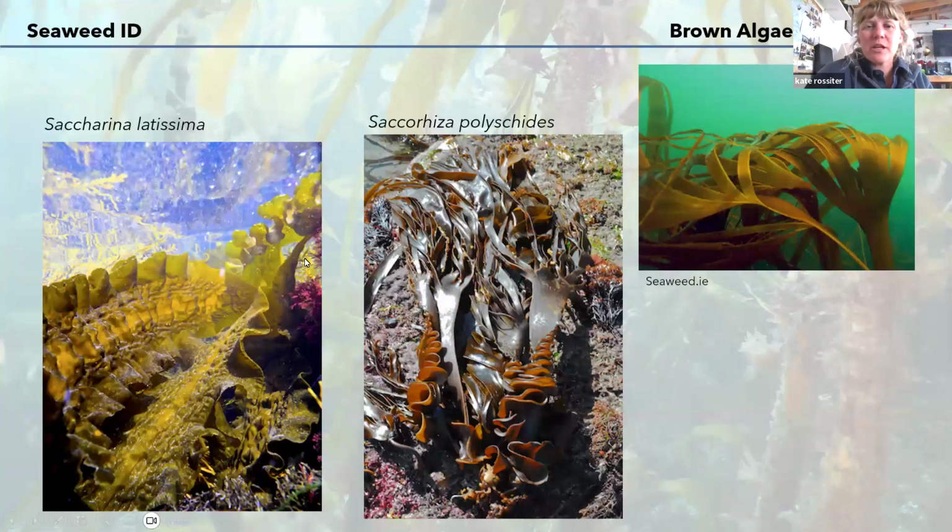Okay, other kelps are going to be more distinctive. So you have your sugar kelp here, Saccharina latissima. This has a midrib and it has a very rugose or ruffled blade. And this can be up to 2 years. So the older individuals are going to look more weathered. The younger individuals can actually have a very long stipe in some sheltered habitats like,